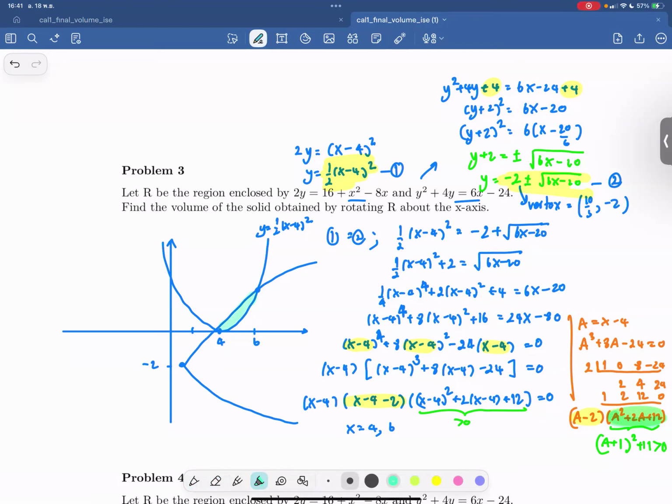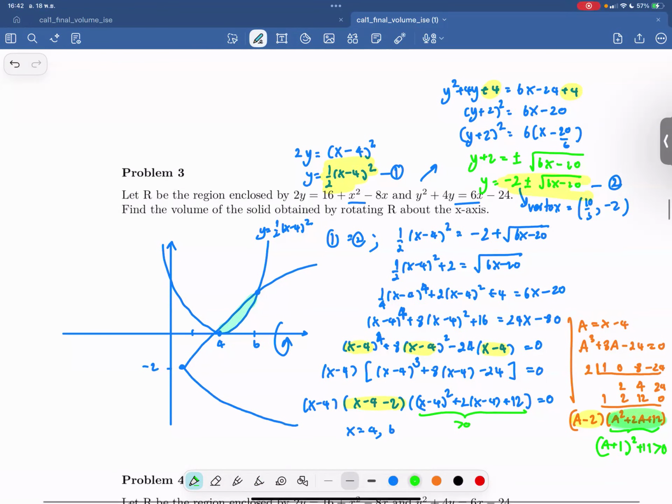Okay, so in this problem we have to rotate about the x-axis, right? So our washer, our ring should be like this one. Okay, so next we will try to find the outer and inner radius. So the outer radius should be the orange segment. The orange segment is that,